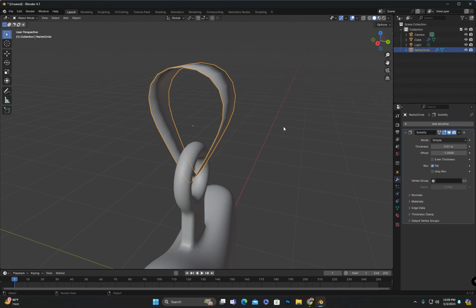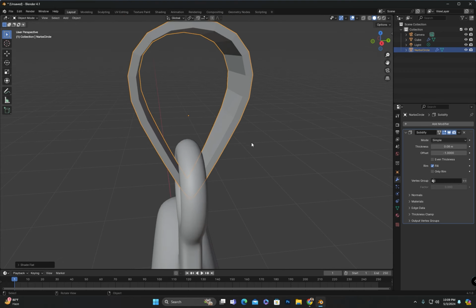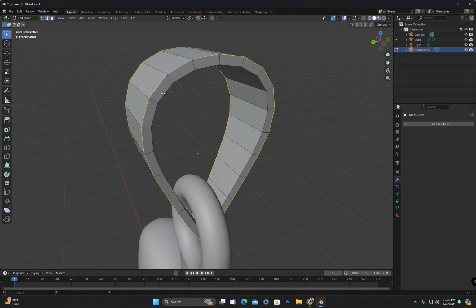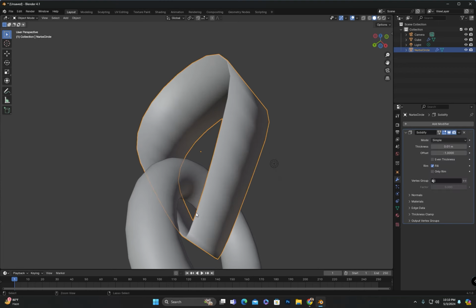Then I will apply a solidify modifier to this object. I will bevel these edges. We have a problem here. To solve this issue, I will merge these vertices.